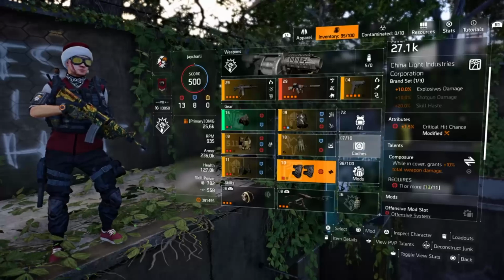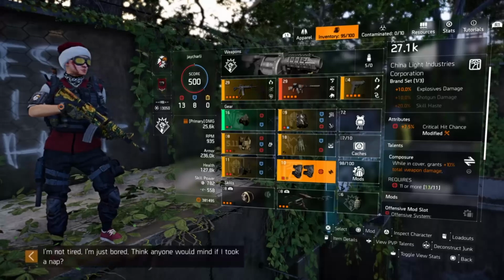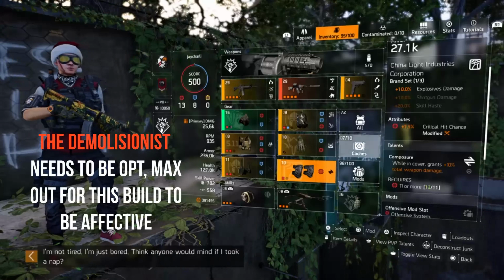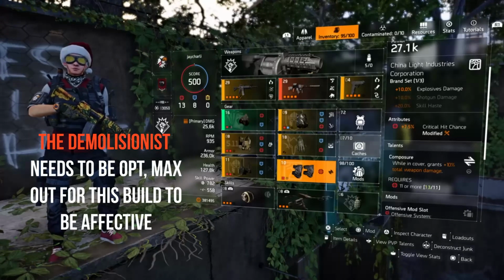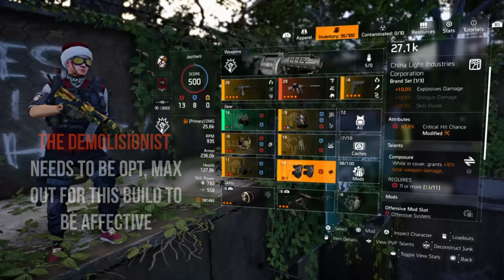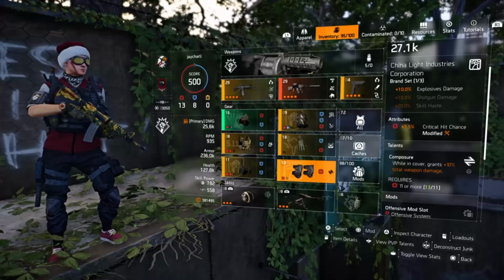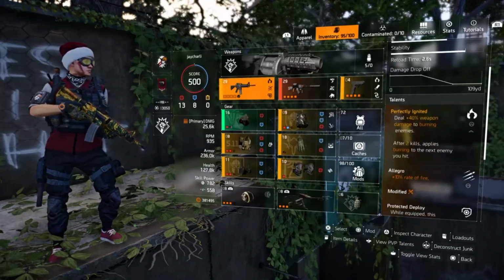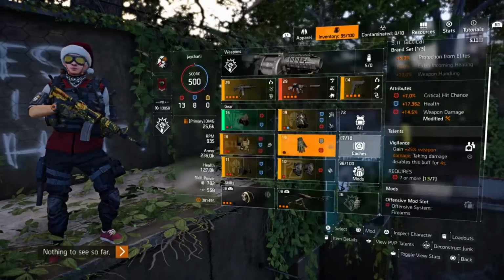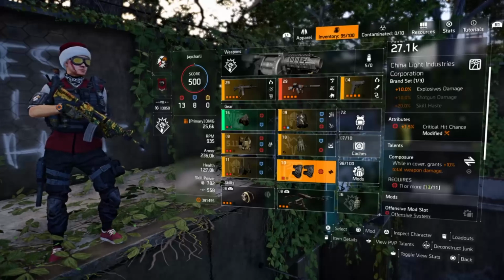That's crazy. All right, holy crap. And I've got 175% from the Merciless and from the Demolitionist. If you do the Demolitionist, you will proc that 30% extra explosive damage. Sorry, it wasn't weapon damage, it's explosive damage. Let's get that right. So okay, we've got 40% here, we've got 15 here, we've got 15 here, we've got 25% here, we've got 10% here. So that is 105%